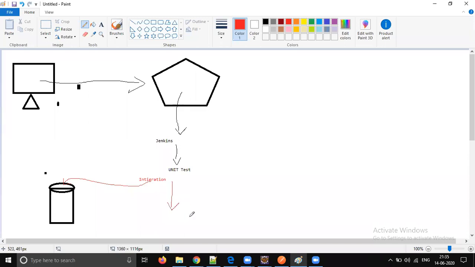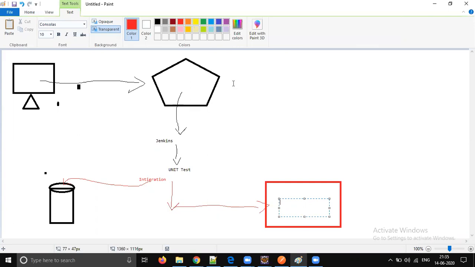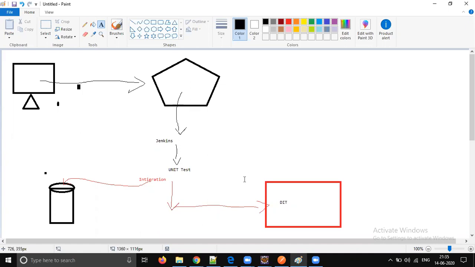So if everything is good, then we can automatically drop this code into our DIT environment, right? Like this, we usually follow in microservices. This is how the usual microservices architecture will be. But in most of the companies, in most places, this part may not be there because it is a little cost-intensive process, and it consumes some time, right? Writing and monitoring integration test cases, everything is a little costly, but it improves the process of doing the automation, right?